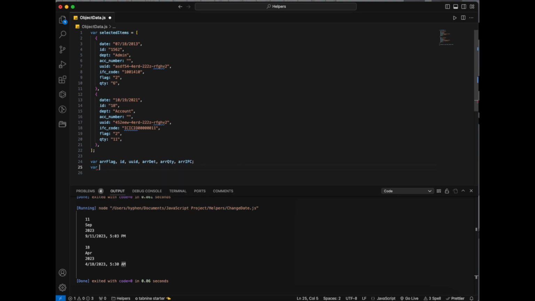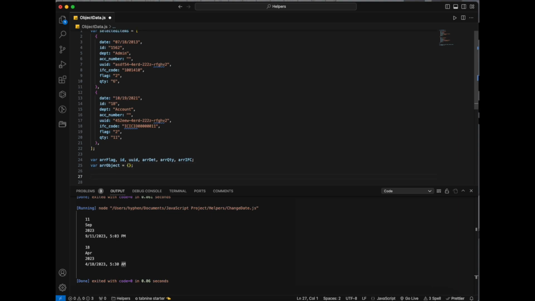Now I take an object, like array of object, what do we want to name it. Then I make a function where our logic will be implemented. I want to name this function get selected data,